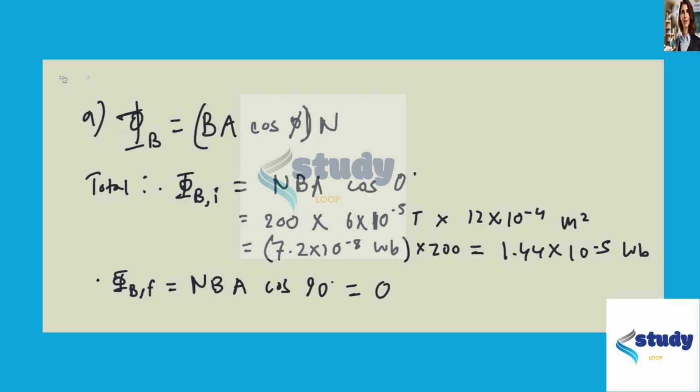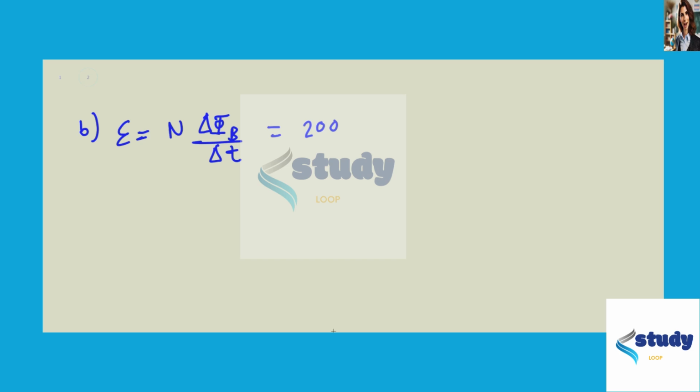we use the law of electromagnetic induction, which is that the EMF induced is equal to number of turns times the rate of change of magnetic flux. So change of flux over change in time. So this is 200. So this is basically this minus that. And so I can write this down as